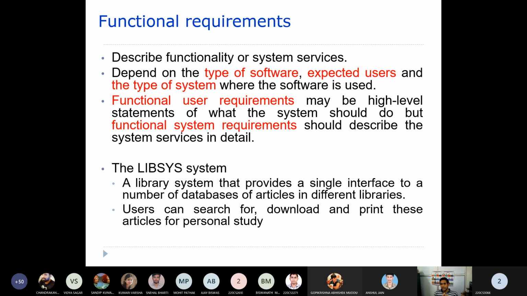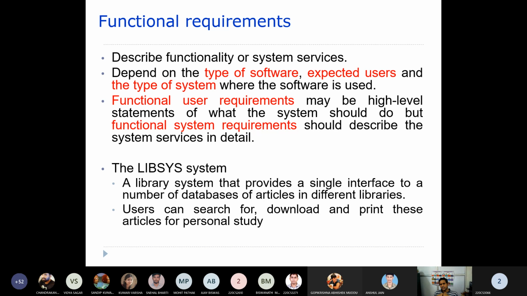And the type of system, I mean, where this is being used. Whether it is in the application domain area. As I told you, for banking, the software will be used maybe in the banks, or the software will be used outside the banks. Maybe in case of an ATM, the software will be installed in the ATM machine, and then the customers of the bank are going to use that particular software, right?